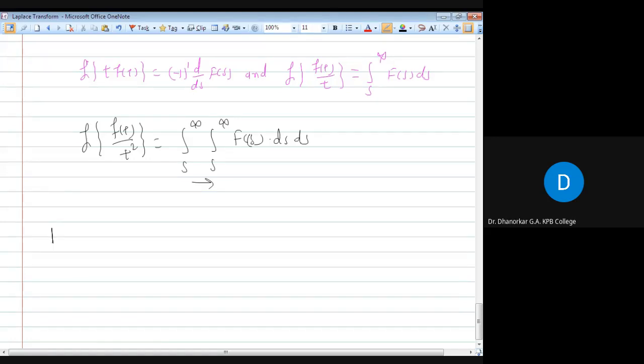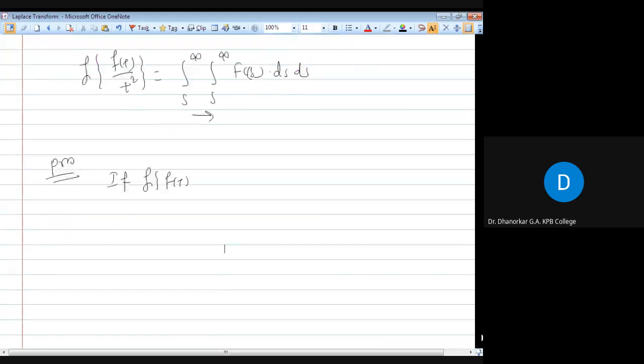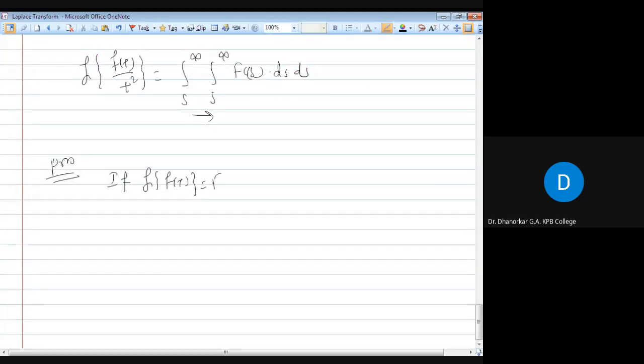Property: if the Laplace transform of f of t is equal to F of s, then the Laplace transform of f dash of t is equal to s into F of s